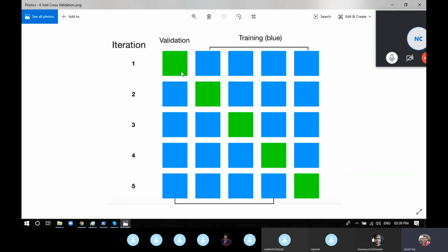Now this is k-fold cross validation. There's one small error that can happen in k-fold cross validation, and it happens only when the data set is clustered together. Imagine if we have a data set,